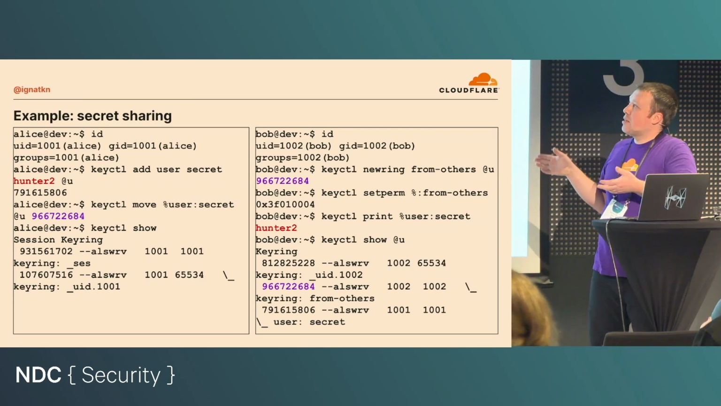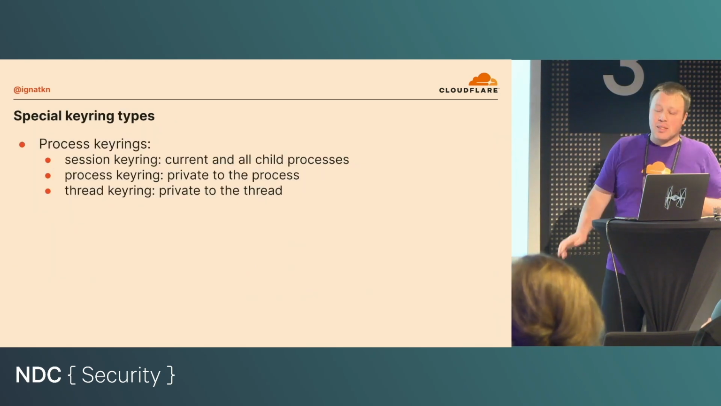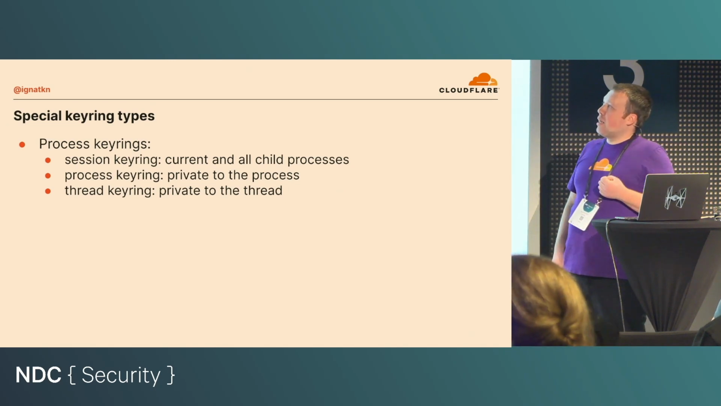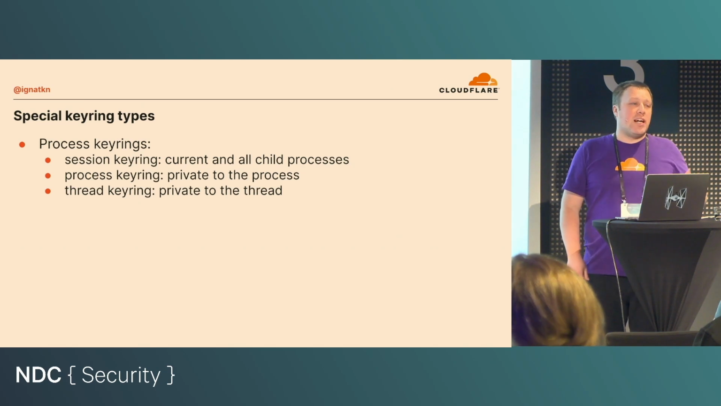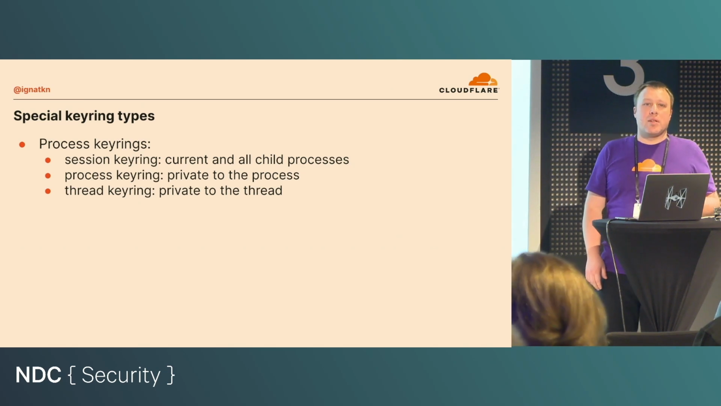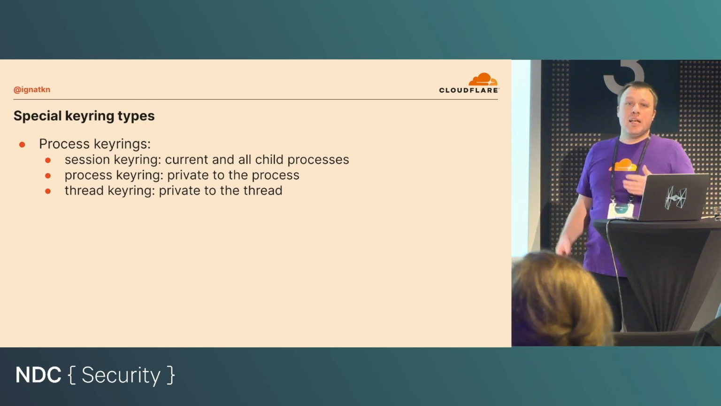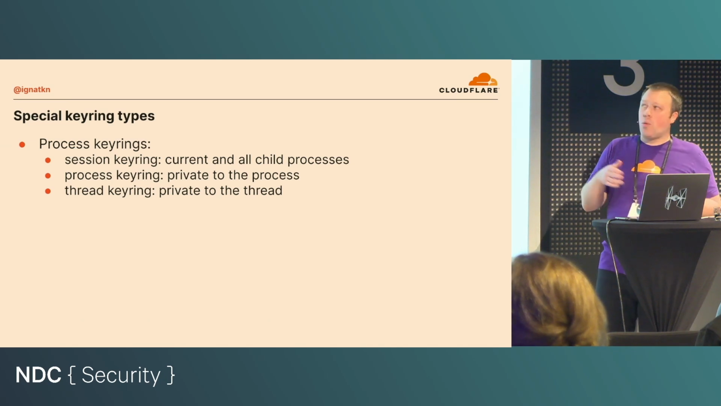So now we've seen custom keyrings and we see implicit keyrings. Implicit keyrings are very powerful. They can be of three types. Implicit means you don't have to explicitly create them. The kernel will create these keyrings for you, and they're always accessible. And their life cycle is bound to whatever kernel object is